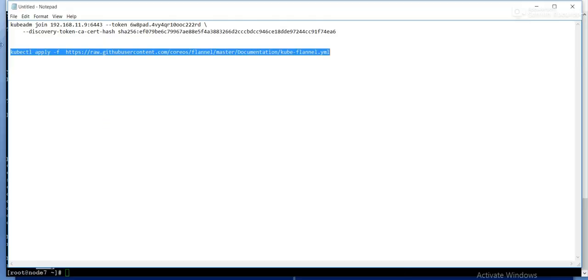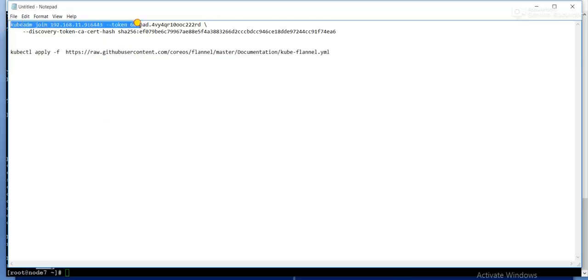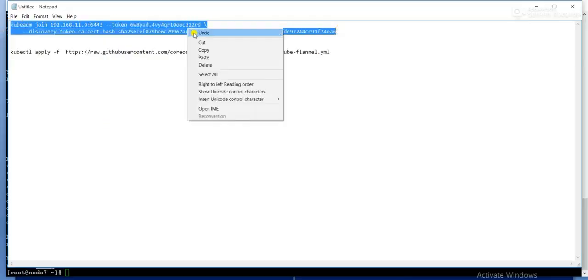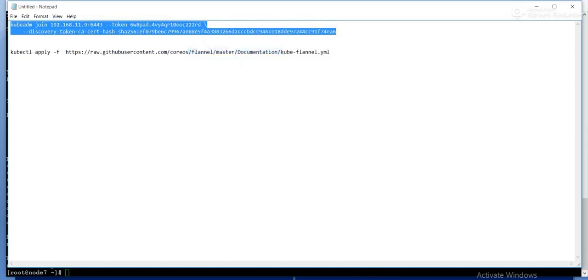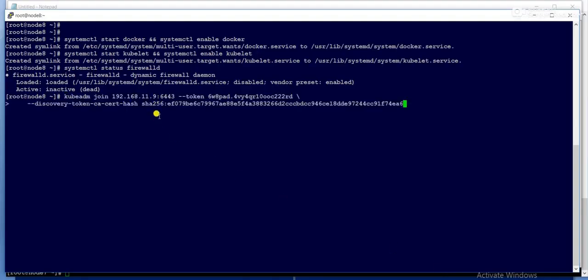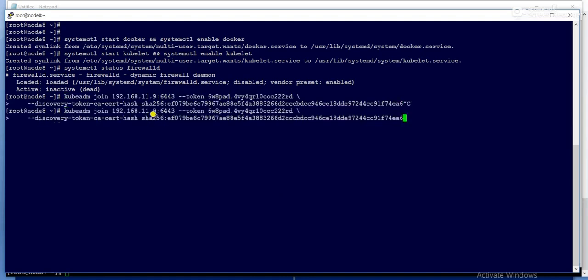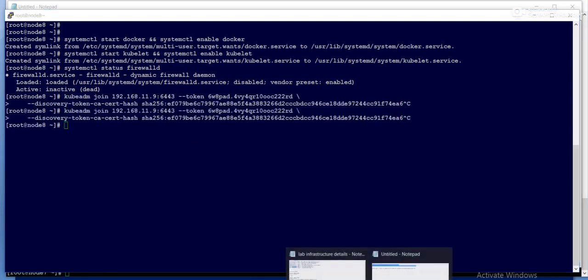Okay, so simply I will copy that key here. One second, so let me copy.